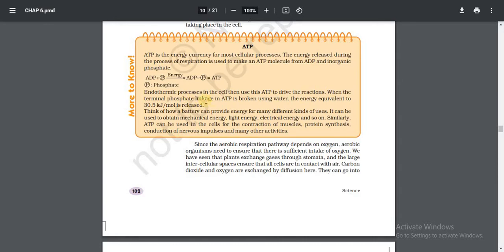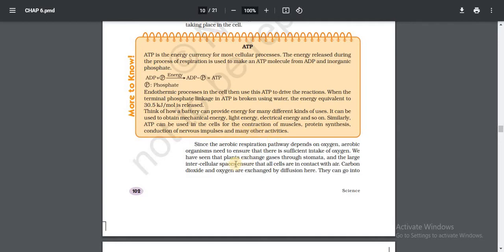When the terminal phosphate linkage in ATP is broken using water, the energy equivalent to 30.5 kJ per mole is released. Think of how a battery can provide energy for many different kinds of uses. It can be used to obtain mechanical energy, light energy, electrical energy, and so on. Similarly, ATP can be used in the cells for the contraction of muscles, protein synthesis, conduction of nerve impulses, and